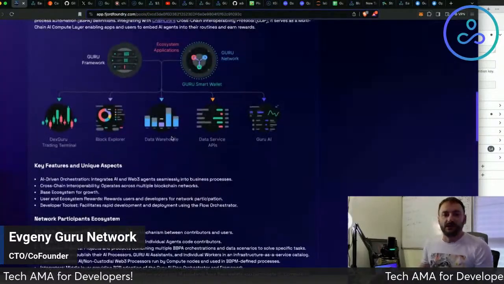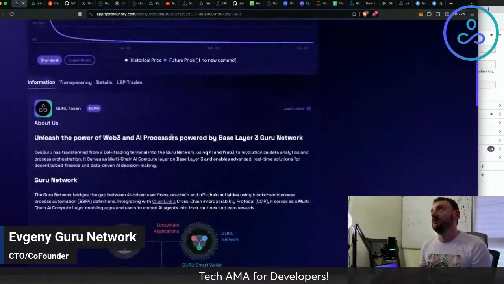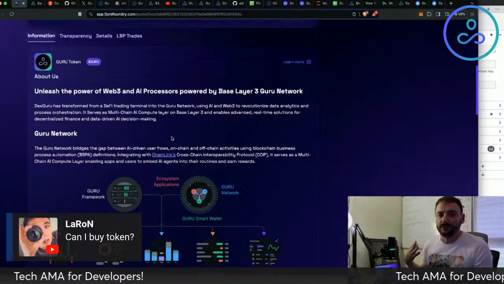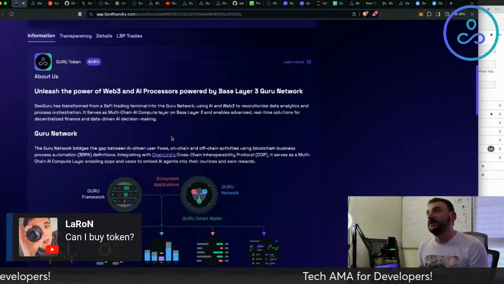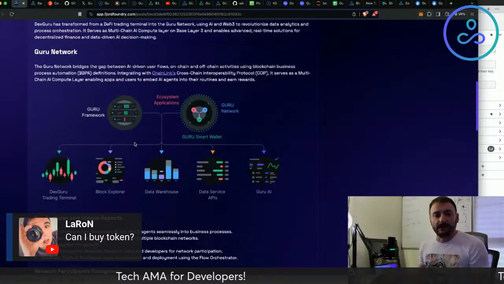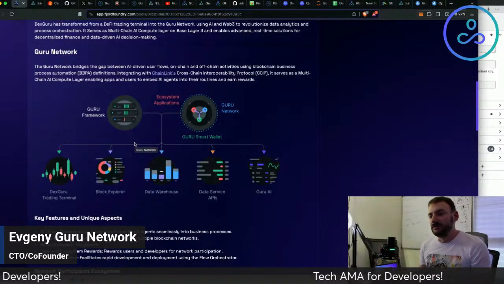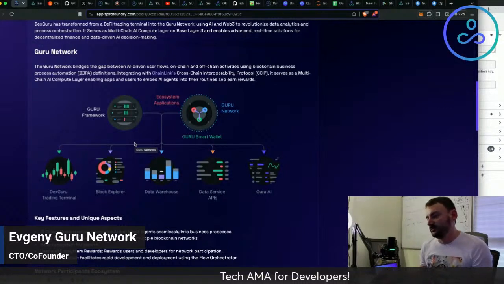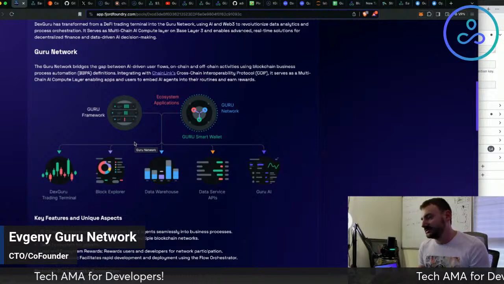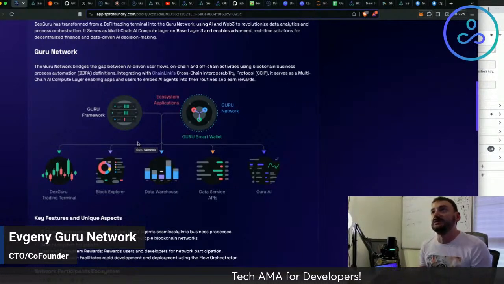So let's do a quick recap on what Guru Network is and how historically it grew out of our product of DeFi trading terminal and how we got all the way to here. Basically, we started as Dex Guru trading terminal. You all know Dex Guru: 180 dexes, 18 chains, deep analytics, traders categorizations, balances, holders, and so on.